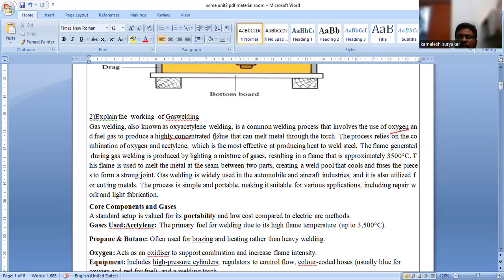So it is a highly concentrated flame. It can be seen through the torch. The torch is a place where it is mixed. The process relies on the combination of oxygen and acetylene gas. You can see that both gases are mixing here. Then only this mixing happens. So here you can see,